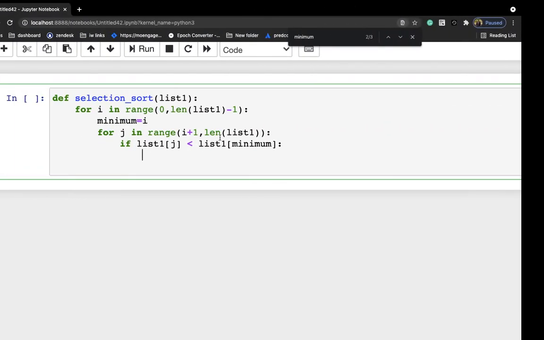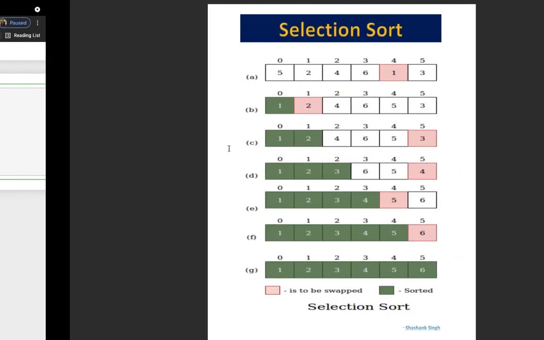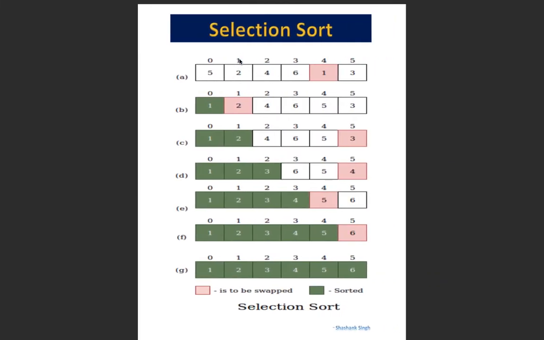So what we will do is take this minimum variable and store the index of the minimum value. Initially the minimum element is 5, right?